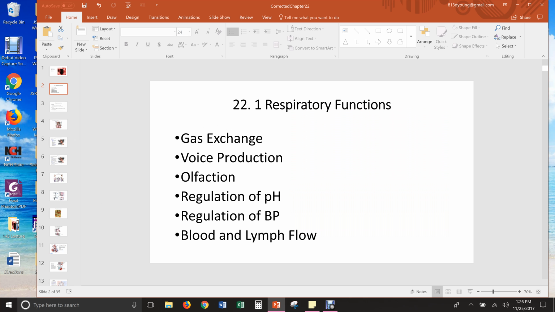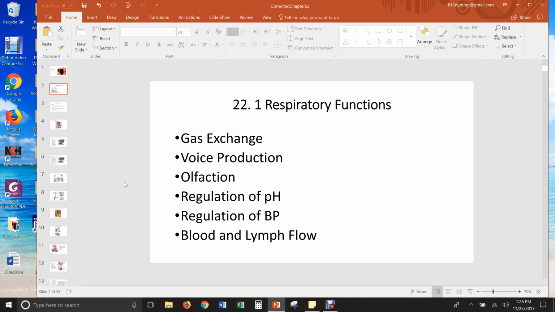The functions of the respiratory system are gas exchange, for us to be able to exchange oxygen and carbon dioxide, voice production because of the movement of the air past the vocal folds, olfaction because of airborne molecules that are drawn into the nasal cavity, the regulation of pH because of the ability